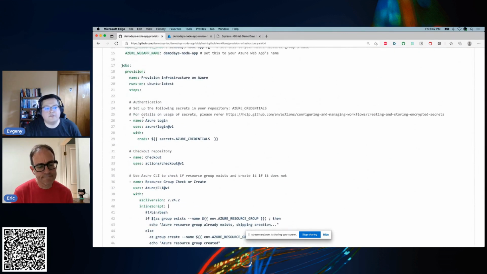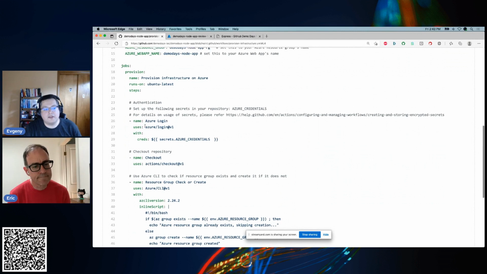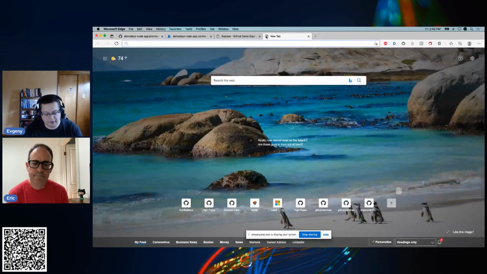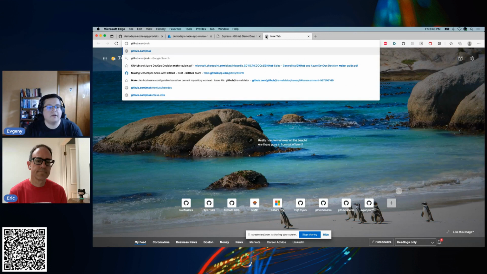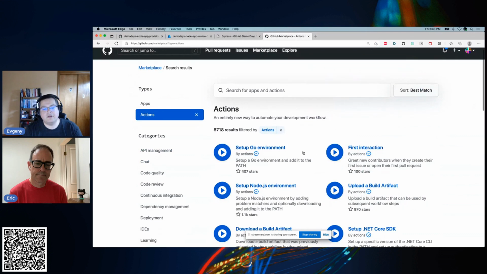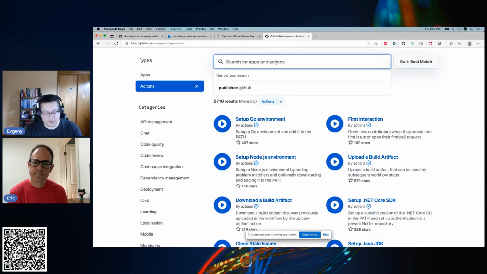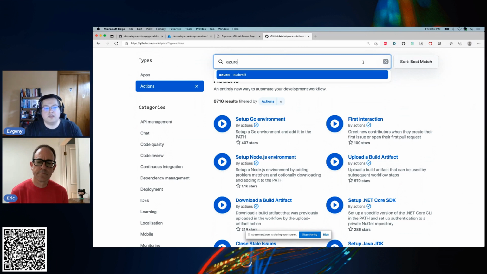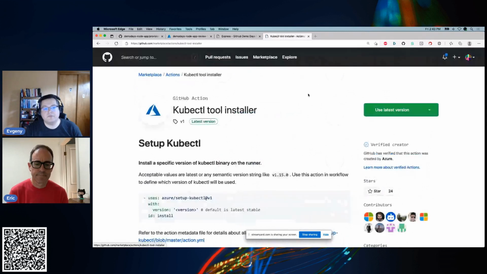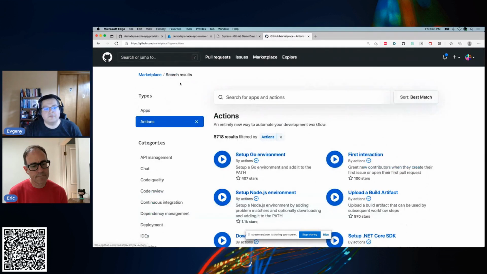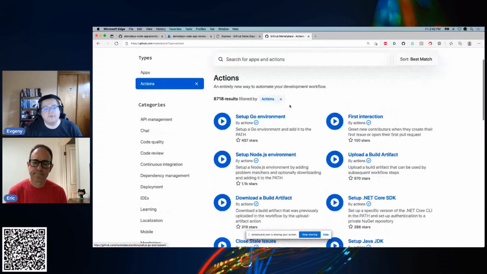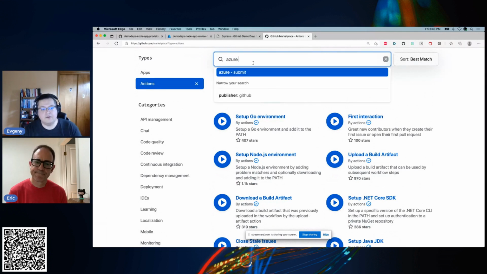And so when we look through this, we see some familiar names again. So Azure login, and you see that this is using the Azure login function. This is actually something you can go and take a look at if you look at the GitHub Marketplace. On the Marketplace, there's an actions category, and everything on here is available for you to look at and try out. Here, if we type in Azure, you'll see that there's a lot of stuff provided by the Azure team. We can click on Azure as the publisher and take a look at all the variety of things that they provide. One of the things is Azure CLI or Azure login.